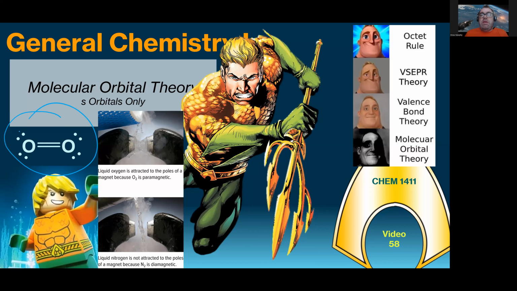The problem becomes an experimental issue. If you take liquid oxygen and pour it into a magnetic field, the liquid oxygen itself is attracted to the magnetic field. That's what we're looking at in this picture right here. Okay. And because the liquid oxygen is attracted to the magnetic field, that means that the oxygen molecule is paramagnetic. Okay. And if we remember paramagnetic from when we talked about atoms, that means we have to have unpaired